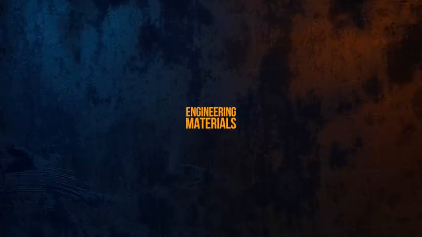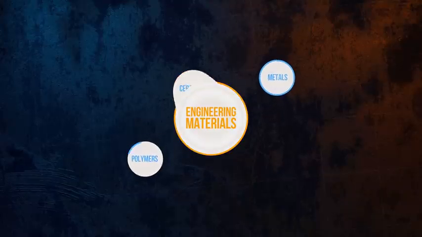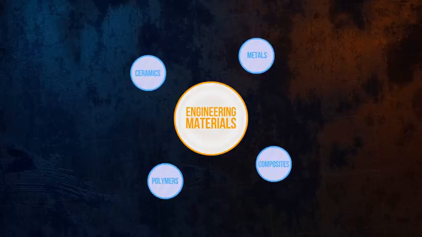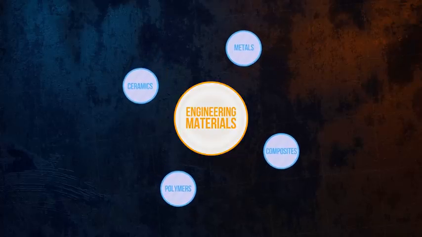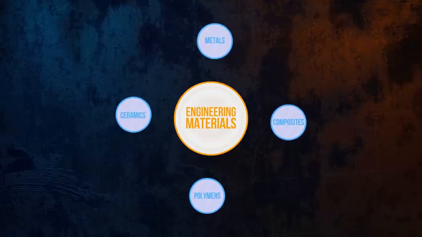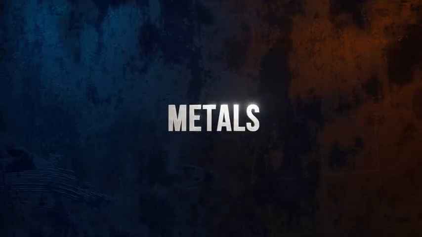Engineering materials are normally split into 4 categories: metals, polymers, ceramics, and composites. Understanding the different types of materials, their properties, and how to use them effectively is a crucial part of engineering. In this video, we'll explore metals, their microstructure, and different techniques like alloying and heat treatment that can be used